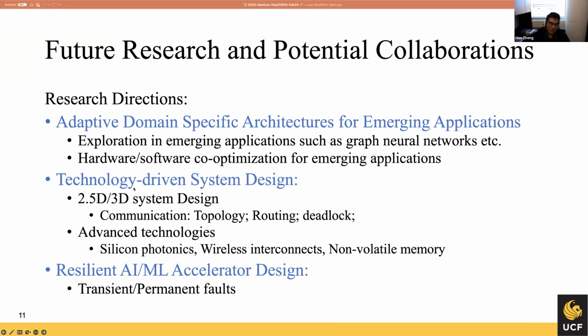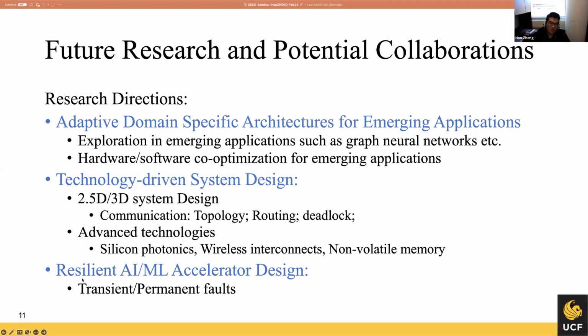And I'm also interested in technology-driven system design, for example, 2.5D and 3D system design, because we still have some challenges in overcoming the limited bandwidth caused by the micro bump design or the via design, TSV design. So how do we design a better communication system from the topology and routing point of view? And we are also interested in solving some architecture challenges from integrating advanced technologies in the computing system, say silicon photonics, wireless interconnects, non-volatile memories,